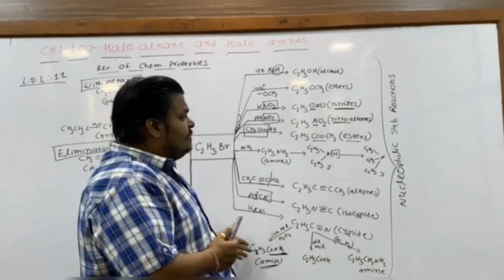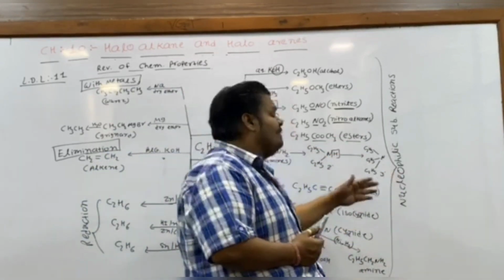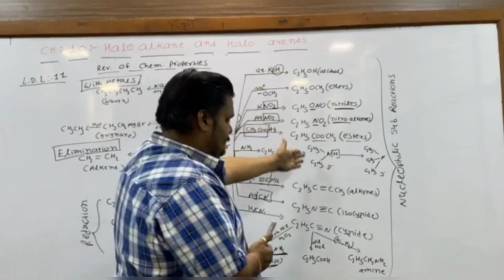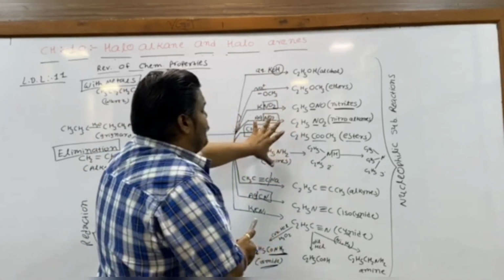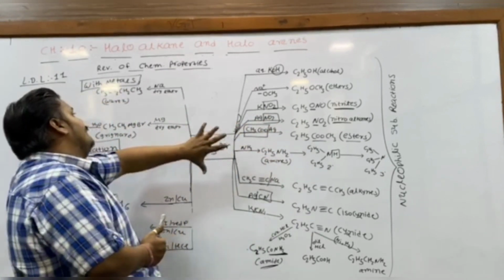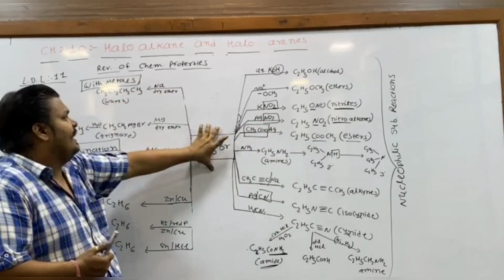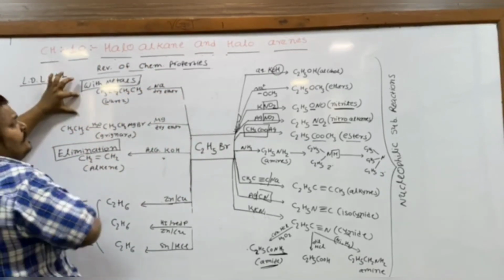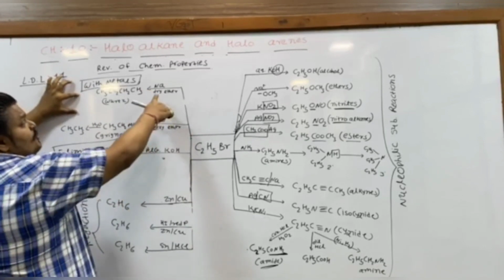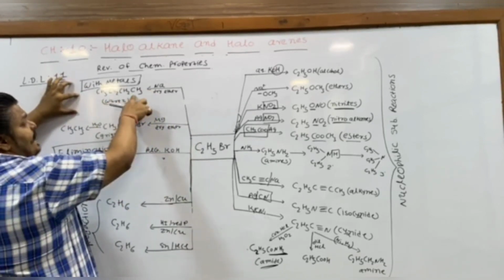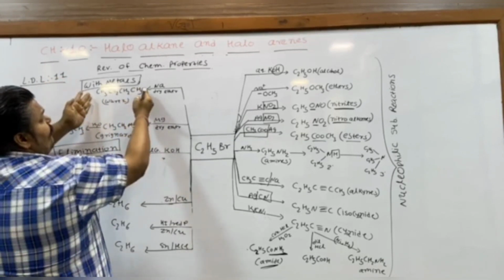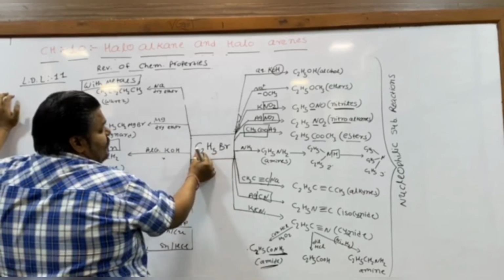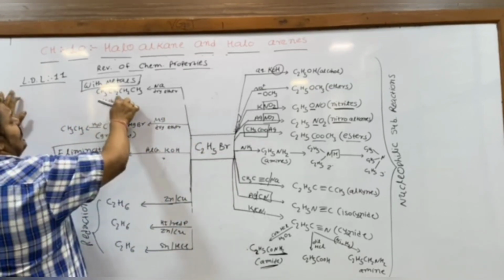So here we have a list of nucleophilic substitution reactions with different reagents. We can have different types of nucleophilic products. After the nucleophilic reactions, the second category for the chemical properties of alkyl halide belongs to the reaction with metal. We know that reaction with metal involves reaction with sodium and reaction with magnesium. Sodium reaction produces alkane. The alkane so produced has double the number of carbon compared to the carbon present in the alkyl halide. Here we have alkyl halide having only 2 carbon, but here we have alkane having 4 carbon.